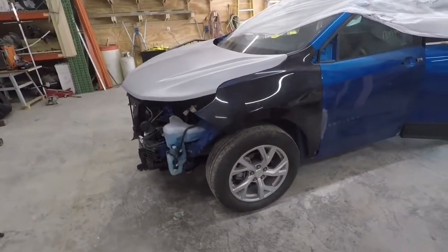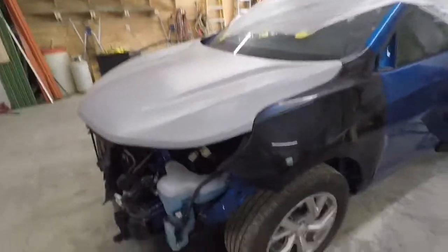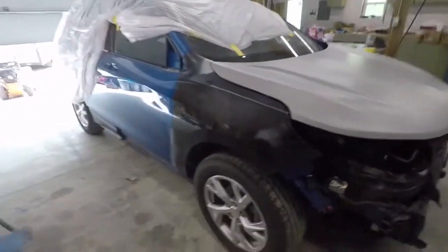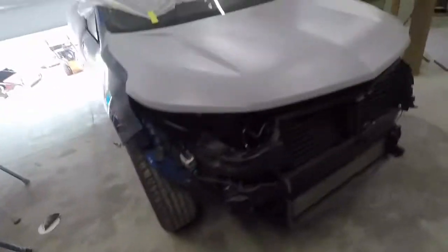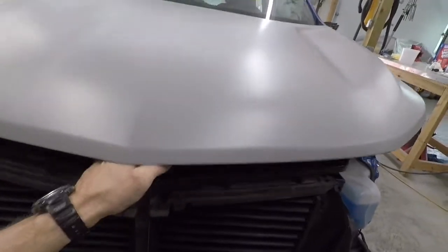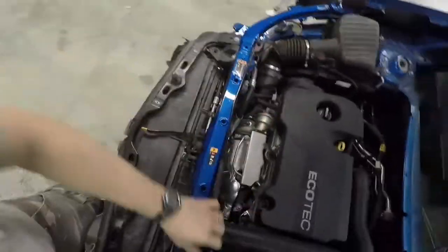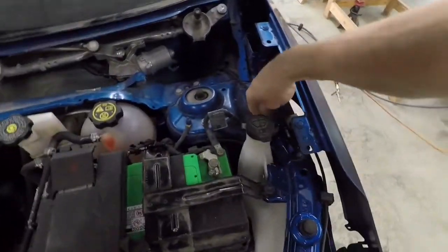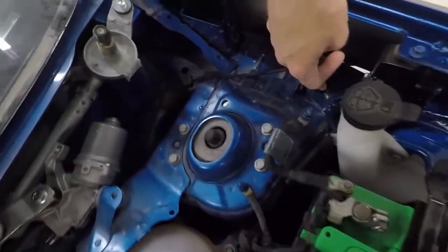So, again, there's our black fenders from our donor car. Both sides. I'm going to be scuffing those here shortly. So here's the front end. Let me pop this hood here a second. So as I was explaining before, here's the apron that I cut off the donor. The cross member I left in place. Got welded up on top of these, the wheel housing here,